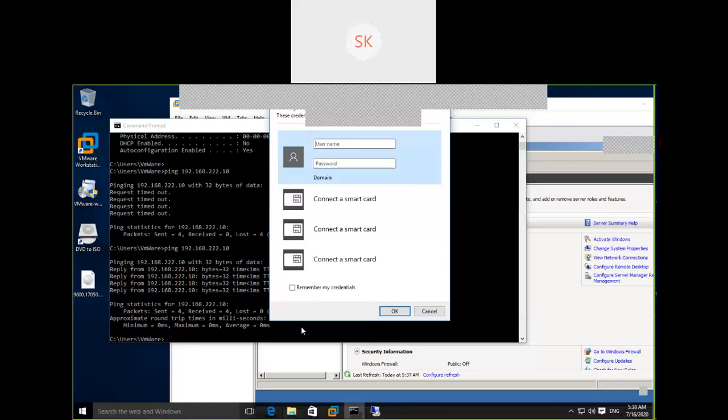Okay, so what is the IP address? Is that IP address pinging or not? Is RDP enabled or not? We need to check these three components as soon as the server is installed. Once that is done, we are able to connect to the server remotely and then do the rest of the configuration. Okay, give the administrator.